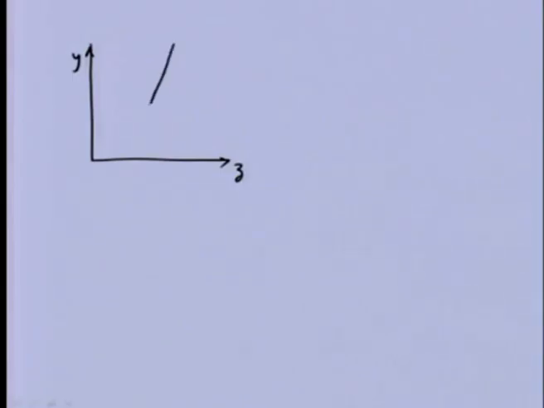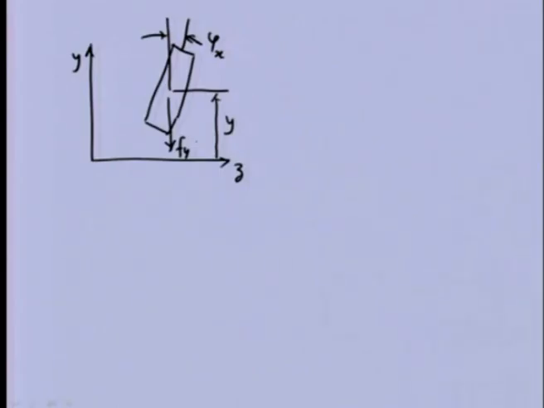So, let us say I am taking the disk free body diagram separately. So, this is a disk, having vertical displacement y and having tilting with respect to the vertical axis, that is phi x. Because we removed the shaft, there will be elastic force coming from the shaft onto the disk. Apart from that, we will be having moment,